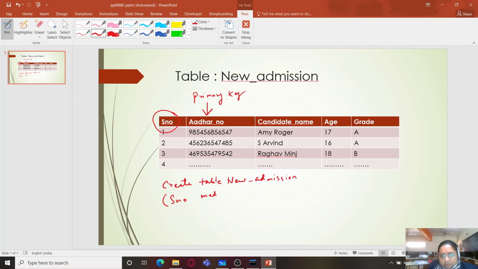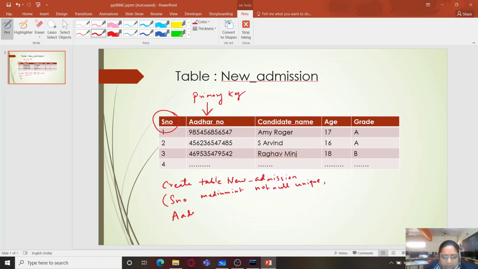You can also take large int and big int over here, and I'm taking it as not null and unique, because of course I don't want serial number to have duplicate values as well as null values. But because there could be only one primary key in a table, I cannot set serial number as the primary key.